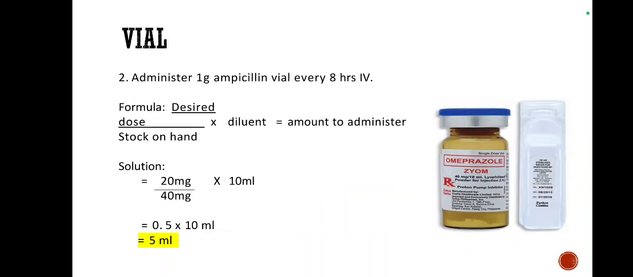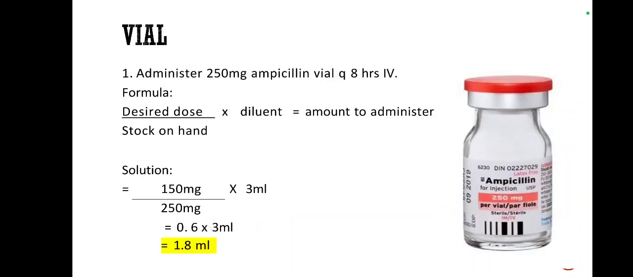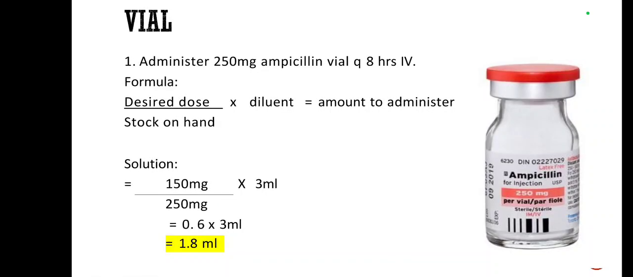Okay, so for the vial, we have here 1 gram of ampicillin. Another example: administer 150, and the stock on hand is 250. So the desired dose is 150 divided by 250 milligrams times 3 ml, so we have 1.8 ml. Instead of the term volume, because in an ampule it is a liquid form,